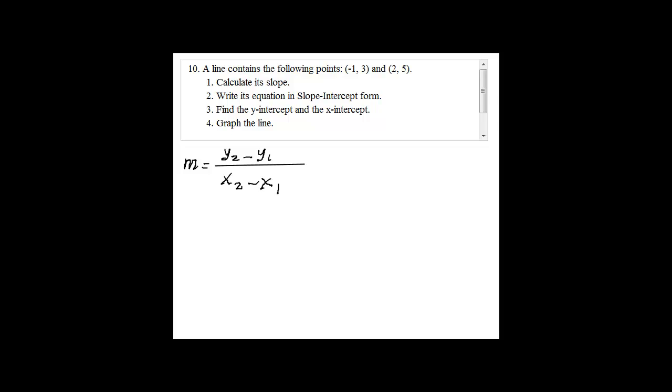Now, as you see, to do this, we need a couple of points, and those points are given to us. It doesn't matter which one of these 2 points you call point 1 and which one you call point 2. So if I simply assume that the first point that is given to me is point 1, and the second point I assume to be point 2,